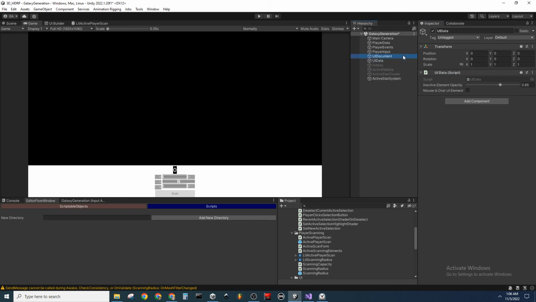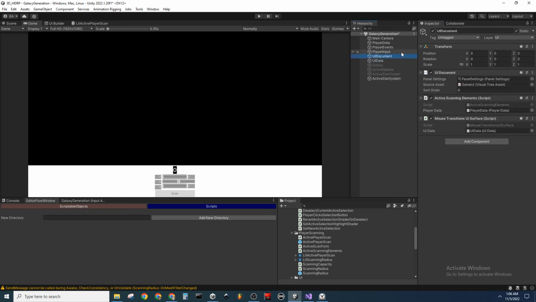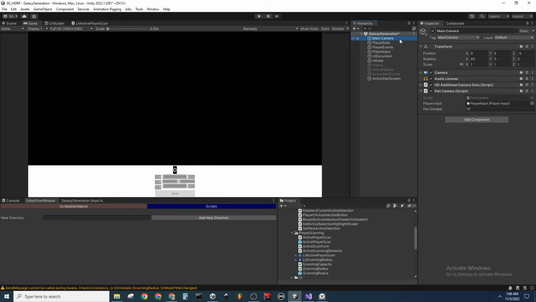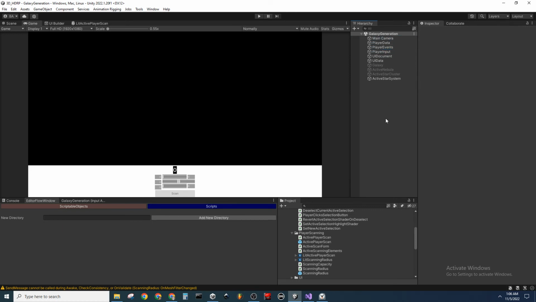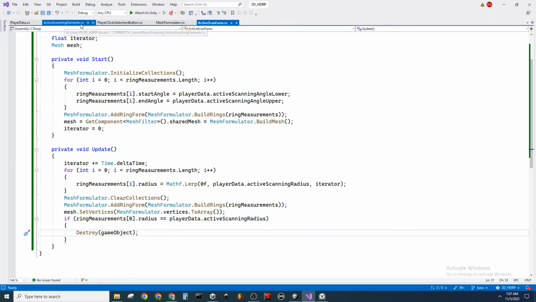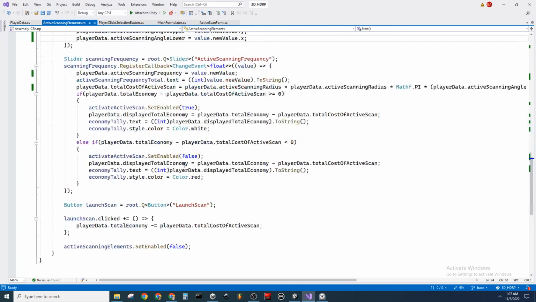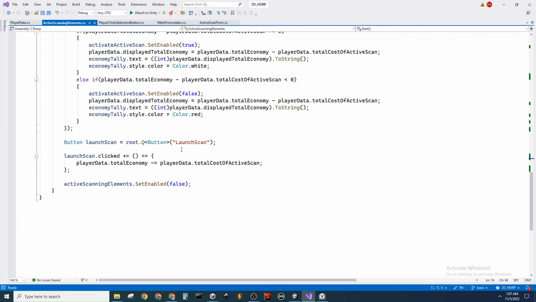I was under the impression there was something. I guess not. Something has to spawn. Oh, okay. So something has to instantiate the object, and that's going to be essentially whenever we click the scan button. So that was under our active scanning elements. At the bottom we had our button, and essentially the